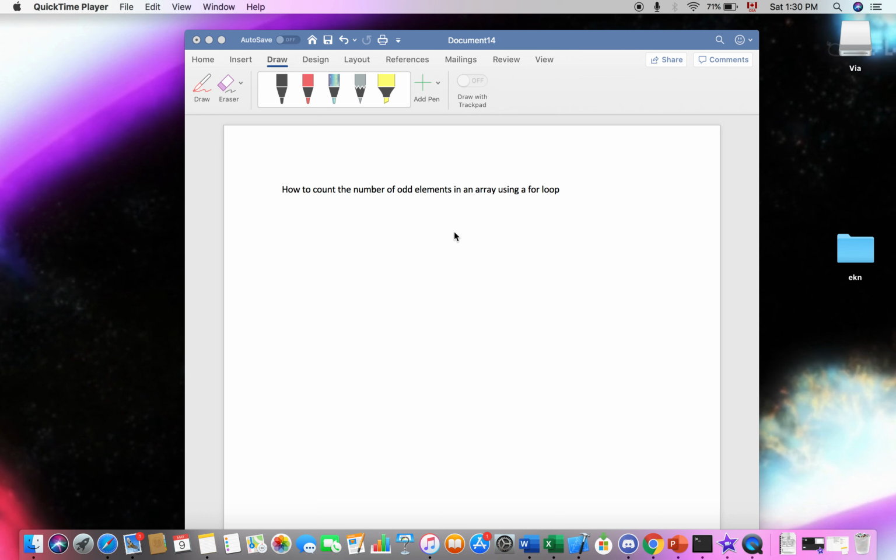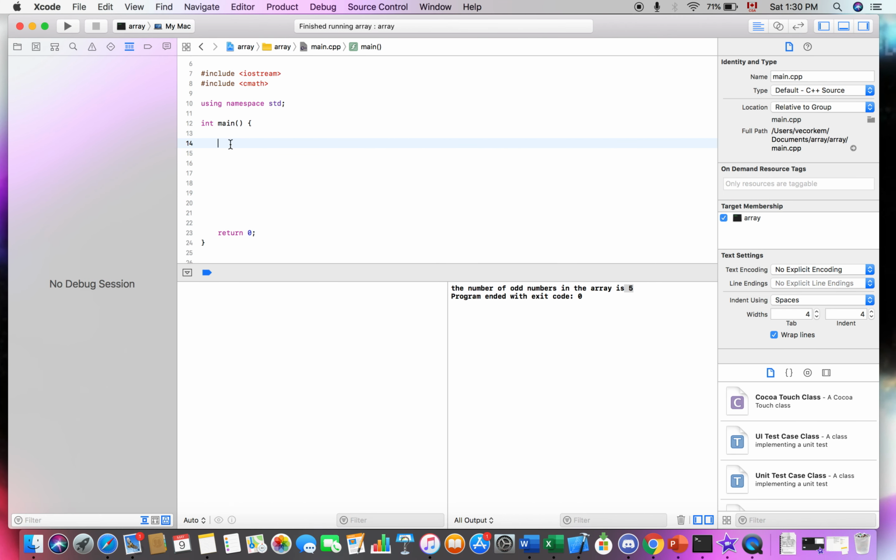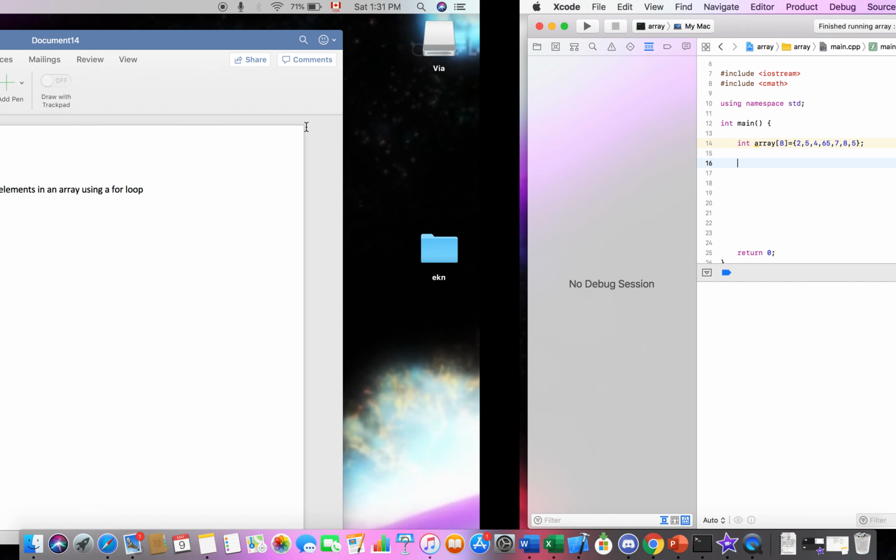to count the number of odd elements in an array using a for loop. So first, let's start with defining an array that has, let's say, 8 elements. Put some random numbers, whatever. So that's 1, 2, 3, 4, 5, 6, 7, and 8. And then, how to use a for loop is that